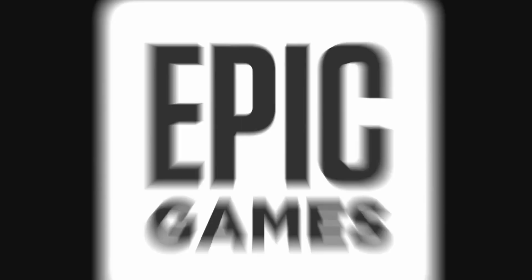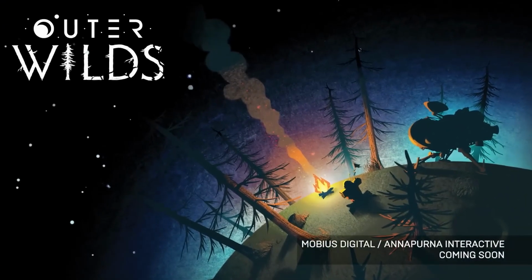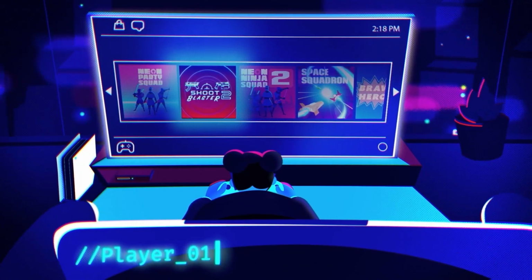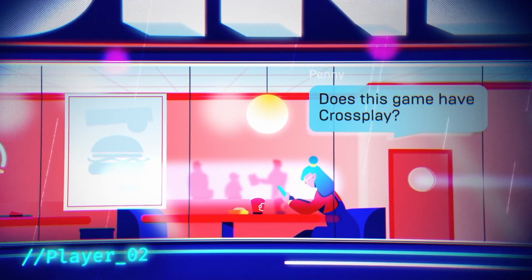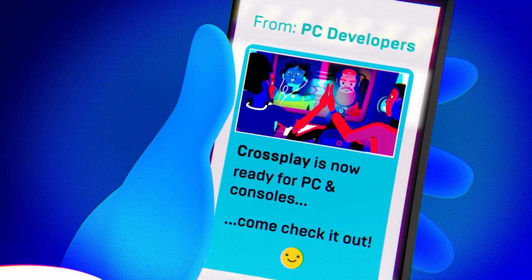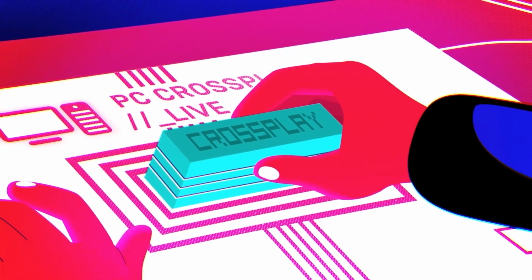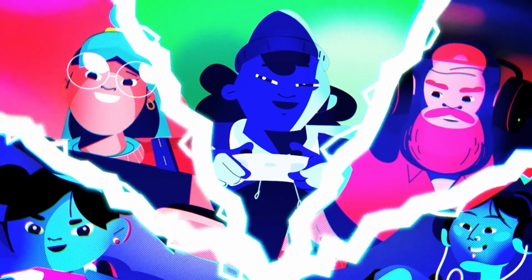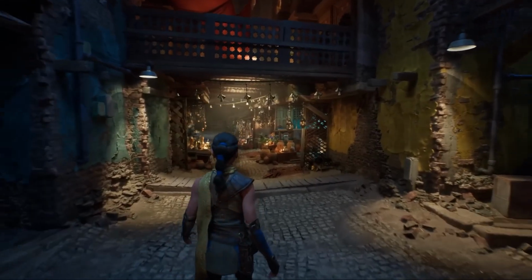The second thing is Epic Online Services. If your game requires multiplayer features, EOS, or Epic Online Services, can be a game changer. It offers services such as matchmaking, leaderboards, and online multiplayer integration. Without you having to develop those systems from scratch, this can add significant value to your game and improve the player experience. Third, free and paid content and the Epic Games Marketplace.